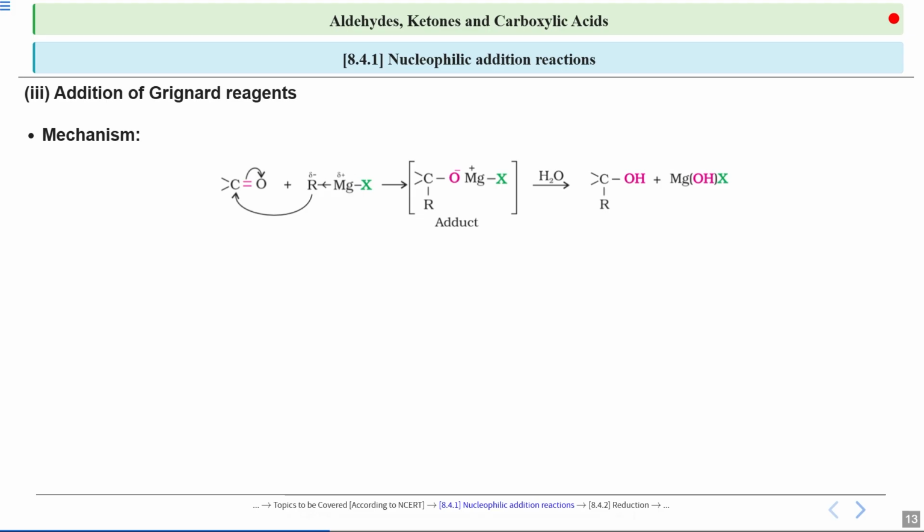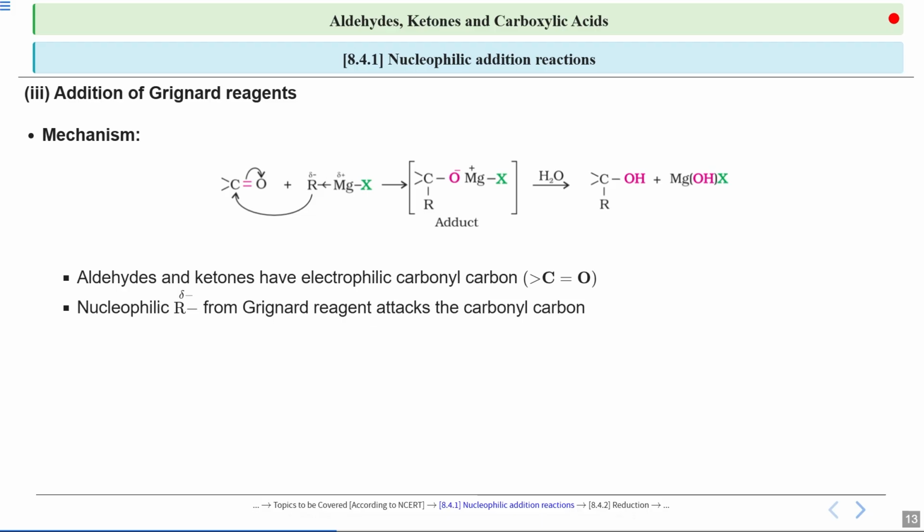Now look over here, the Grignard reagents are organomagnesium compounds that act as nucleophiles. Nucleophile means they love to donate electrons. So this makes them perfect for attacking the electrophilic carbon in the carbonyl group. Now one by one we will see. The carbonyl group, which is C double bond O, is polar. So the carbonyl carbon is electrophilic in nature and the oxygen has a negative charge, because oxygen is more electronegative, it pulls the electron density, which increases the electrophilicity of the carbonyl carbon.